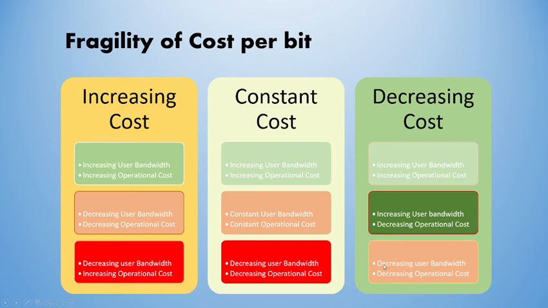For example, you have a decreasing operational cost, but you have a decreasing user bandwidth as well. So here we can see that the decreasing user bandwidth is at a lower rate, and the decreasing operational cost is at a high rate. I mean, your operational cost is decreasing at a higher rate. So again, this is a place where you can do something for your users. You have a good decreasing operational cost, so you should put some part of it into bringing your users back to your network, because otherwise, once the users start leaving, like we say that once a ship is going to sink,